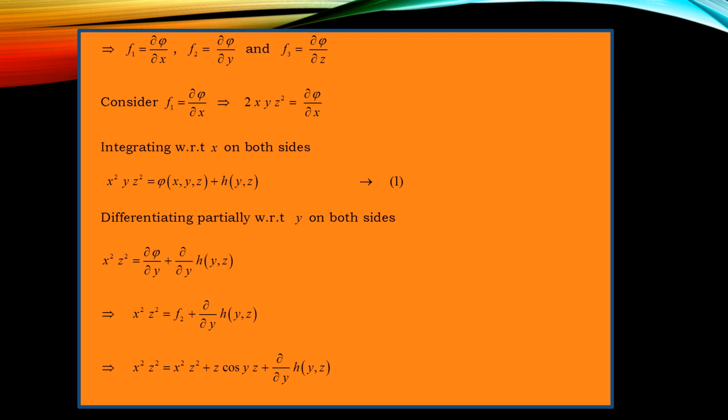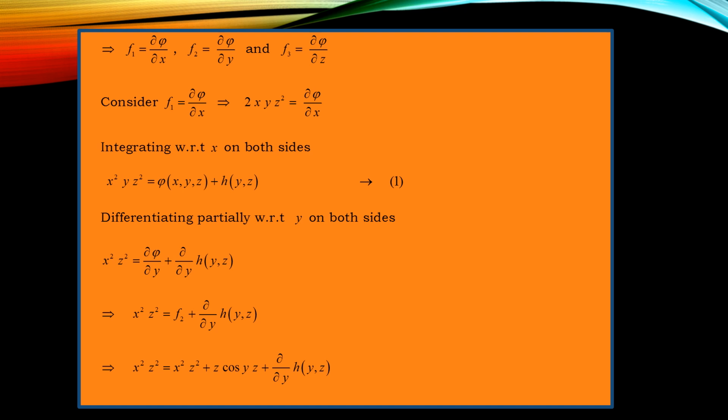Now integrate this equation with respect to x on both sides by treating the other two variables y and z as constants. If we do so, we get x²yz² equals phi of x, y, z